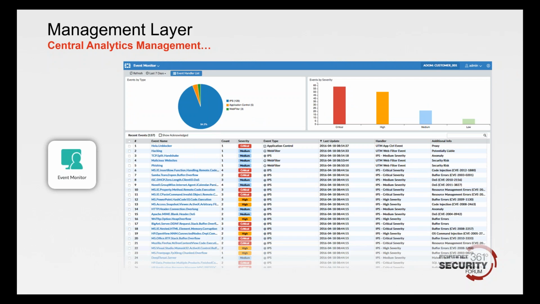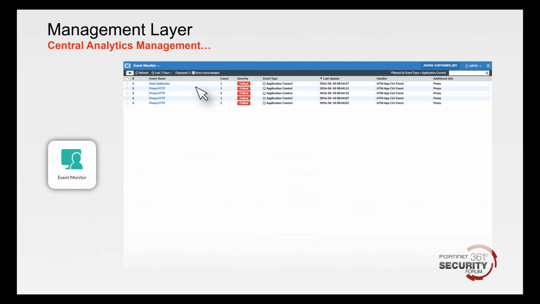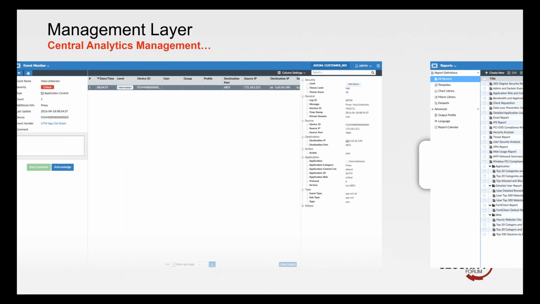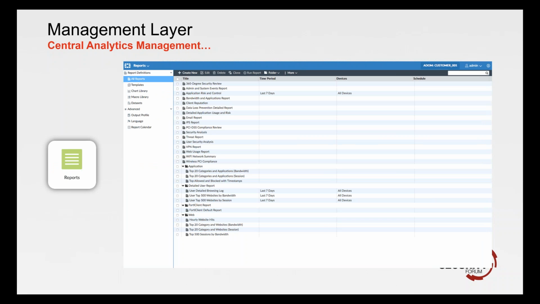There is an event monitor within it, so you can also go and look at events and do drill downs into events. So if you've seen something happening within the network, you can actually click on the event monitor, go in and look at what the actual event was. What was actually going on there. And again, it ties it to all the individual details. So you've got all the details of that specific event, what it pertains to, where it originated from, etc. So you can do quite a lot of drill downs into things.